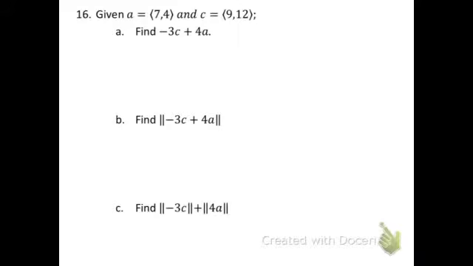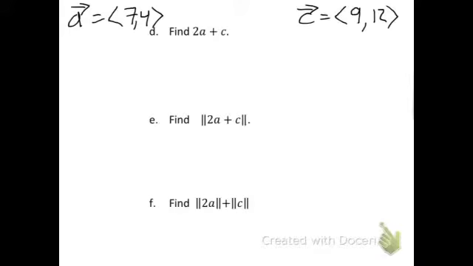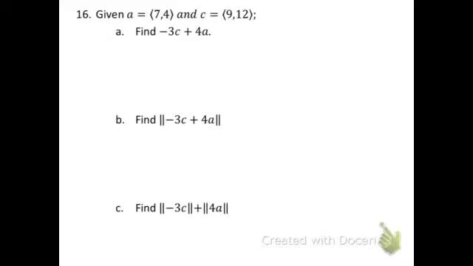And moving on to the last question on our vector operations. Here you're supposed to get 3c minus 4a, then get their magnitude, then the magnitude of them separately, and add them, see what the difference is. We need to get negative 3 times c, which is 9, 12, and then add 4 times a, which is 7,